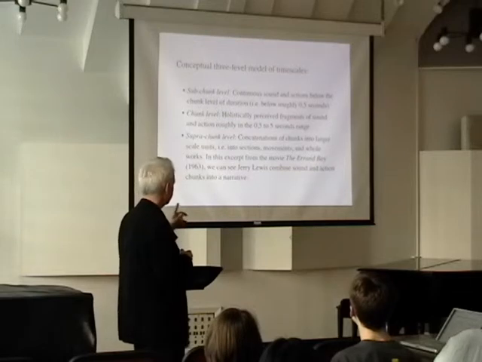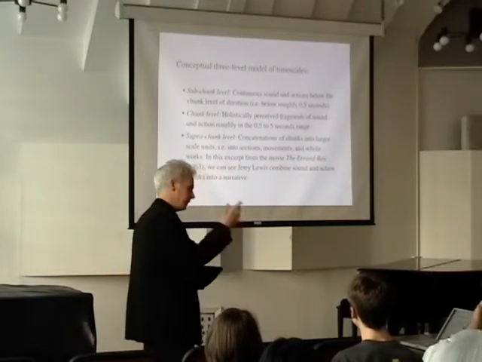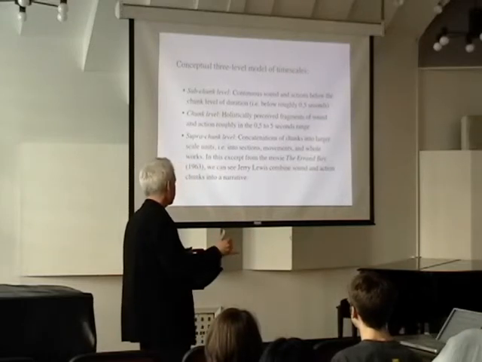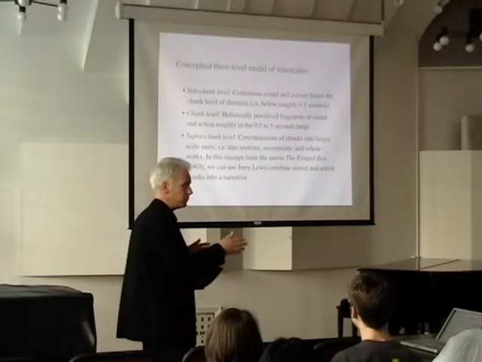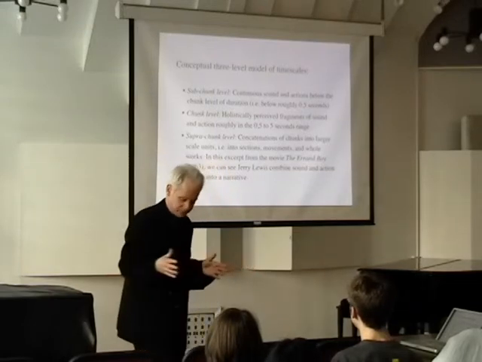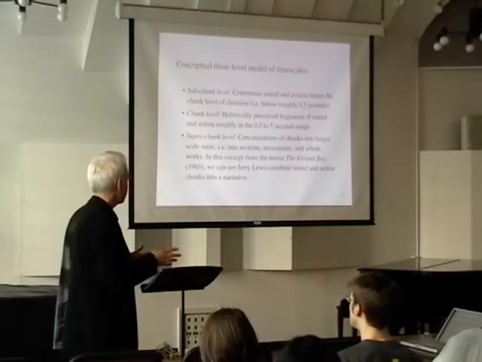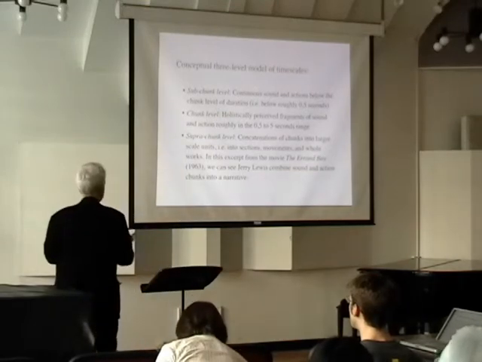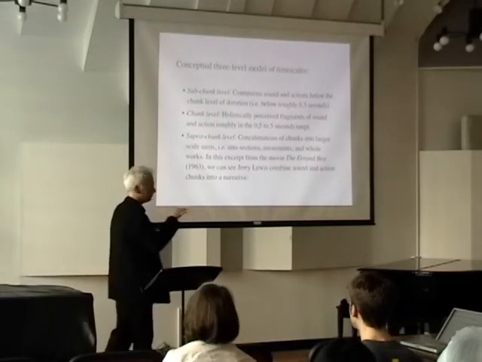But we have the chunk level, which is, as I try to build up now, to say that the normal human action duration range is between 0.5 and 5 seconds. And then we have the supra-chunk level of concatenations of several chunks. So if we want to study sound and action, I think we better accept this and focus on that medium level